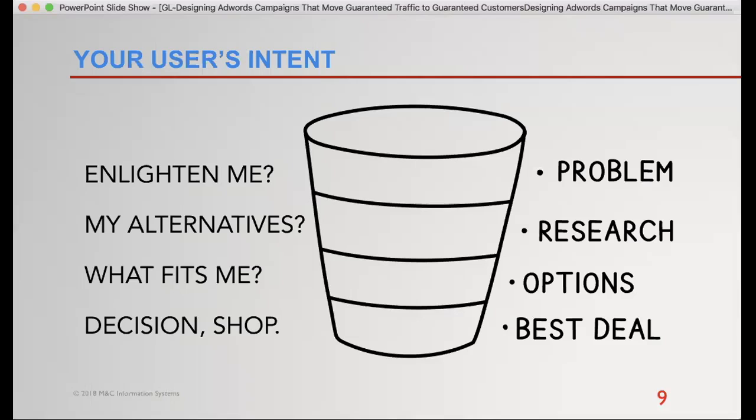Using a different example, like a car, if at the top it's transportation issues and at the bottom it's Honda Civic, when it comes time to buy that Honda Civic, I may have gone through this whole process to find the right decision, but I'm still going to be looking for the best deal. So competing on those keywords, like local Honda Civic dealer near me, is infinitely more expensive on AdWords than it is at the top.